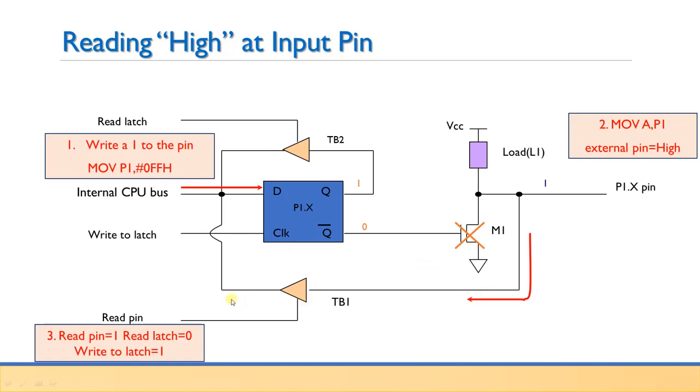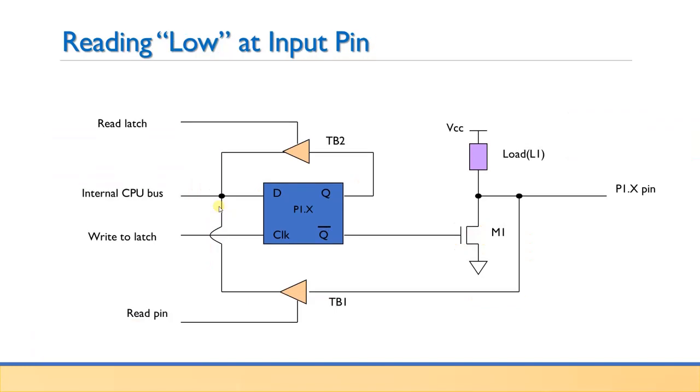So this one will be available here because this read pin is 1. So this is active high, so this is activated, and this signal which is at the input side, which is 1, will be available at this output, and it is connected to the D pin. So this is conducting, and then this is the data which is available to the CPU also. The data which is available on this pin is directly available to the CPU, whatever it is, 0 or 1, and the data is connected to the pin D. So in this way we can read high at input pin.